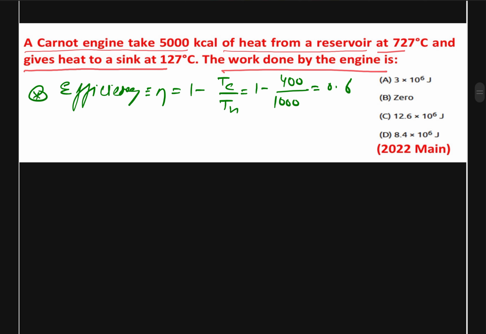And the other way, we can also write that our efficiency is equal to work done divided by Q1. So from here we can say that our work done will be equal to efficiency times Q1, and efficiency is about 0.6. Heat supplied is 5000 kilocalorie, so this comes as our 3000 kilocalorie,